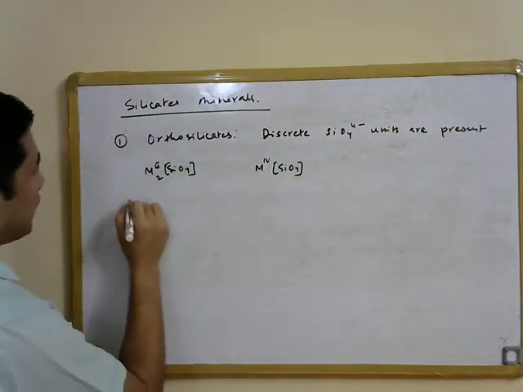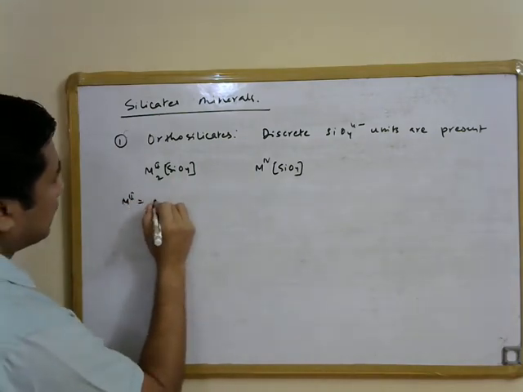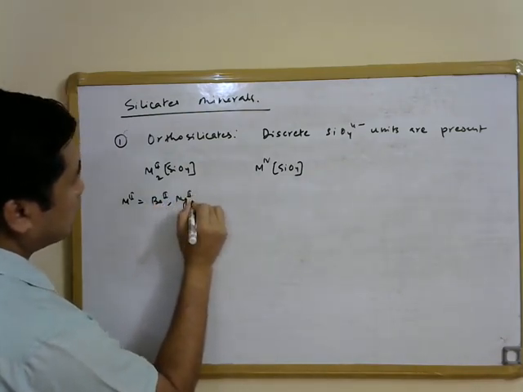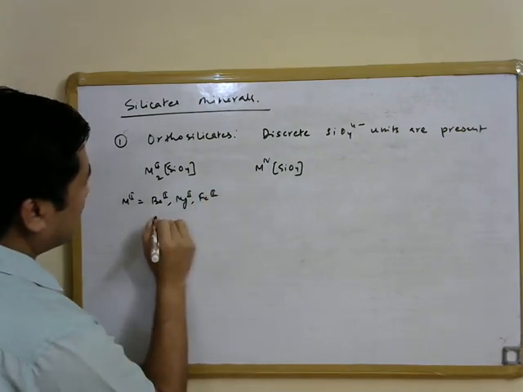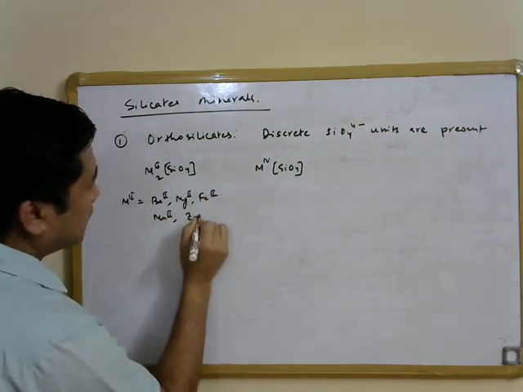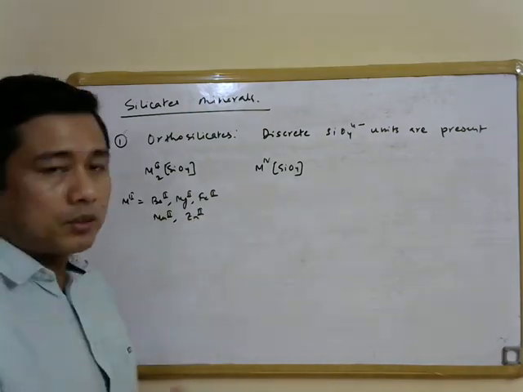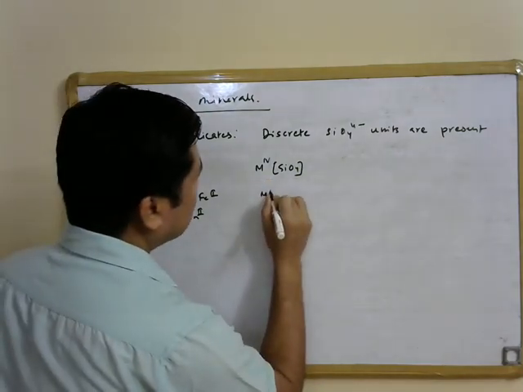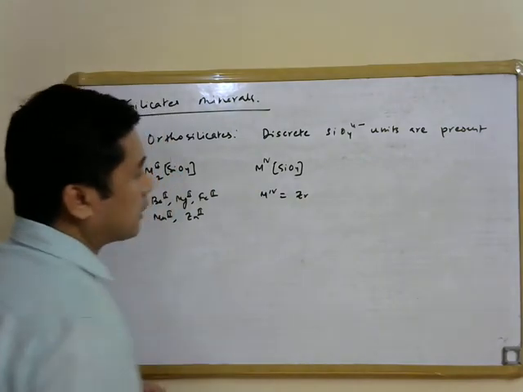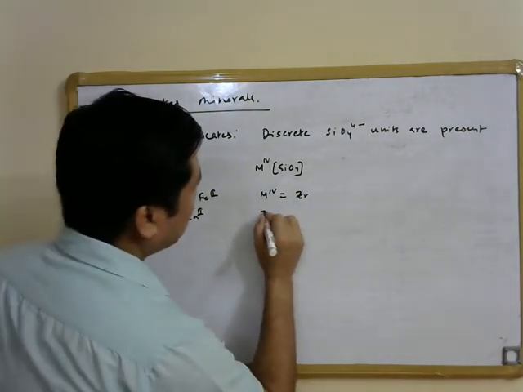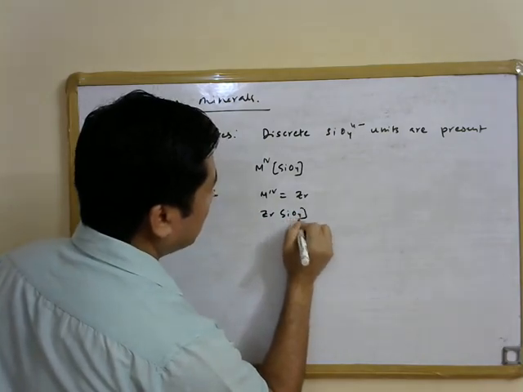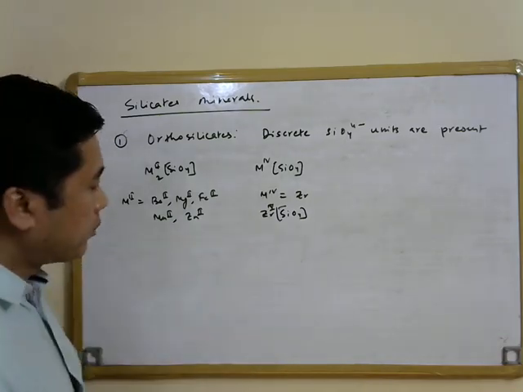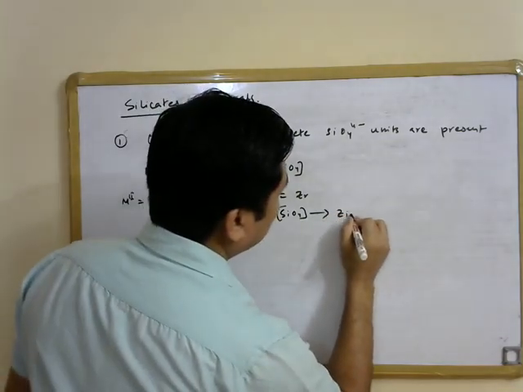In this way, examples of divalent metal ions here are beryllium, magnesium, iron, manganese, zinc. So for all of these metal ions, these sort of orthosilicates are known for divalent metal ions. Similarly, for tetravalent metal ion, we have one example where zirconium is present. So this particular orthosilicate, that is ZrSiO4, where zirconium is a tetravalent metal ion, is known as zircon,